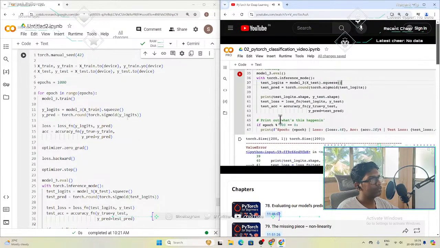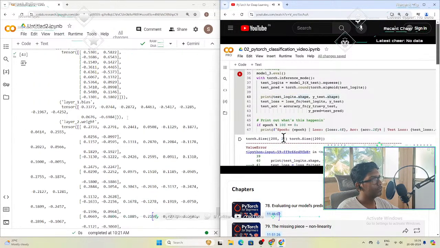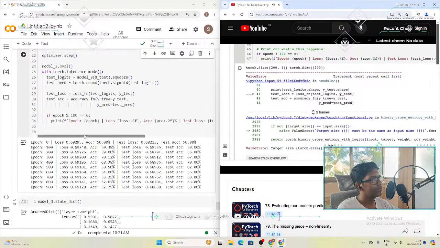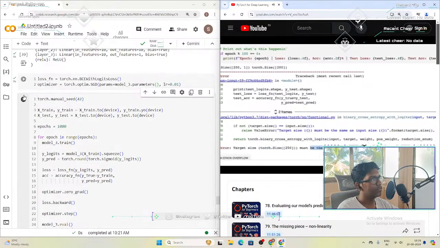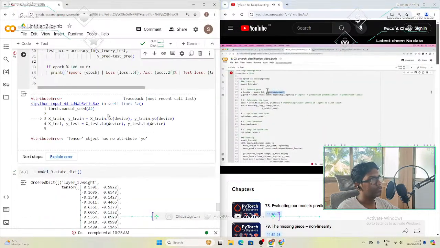So this is where the discrepancy is. Our test logits.shape, we've got an extra dimension here. And what are we getting here? A value error on the target size, which is a shape mismatch. So we've got target size 200, must be the same as input size torch size 201. So did we squeeze this? Oh, that's why the